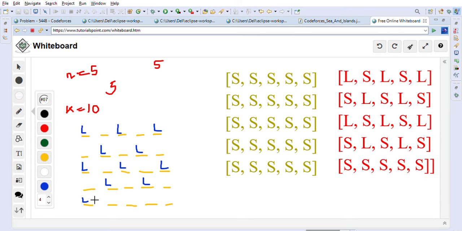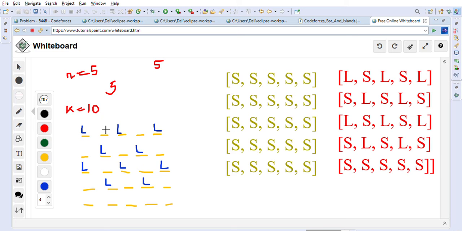So this is how we are creating islands here. This is the way we can alternately put them so we can create the maximum number of islands. You can see 1 2 3 4 5 6 7 8 9 10 11 12 13. So 13 is the maximum number of islands we can create. But now we only want to create 10 islands. So the last 3 cells that we put, we don't want to put, so we are just reverting back. So these are 10 islands, as you can see: 1 2 3 4 5 6 7 8 9 10.